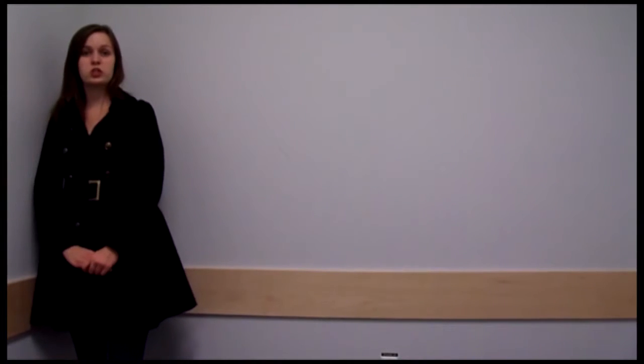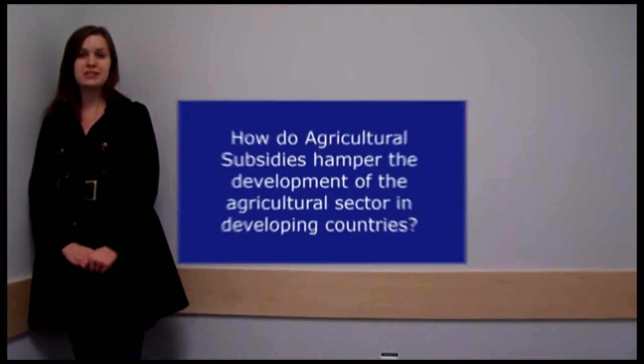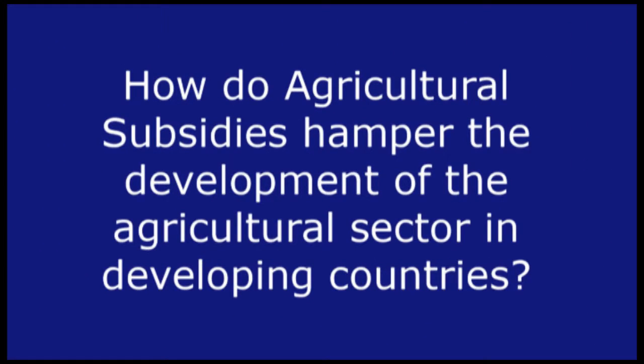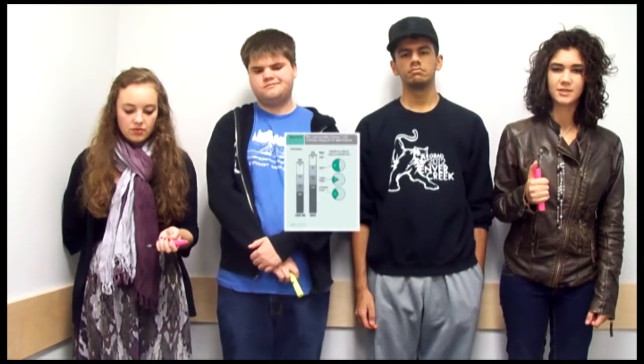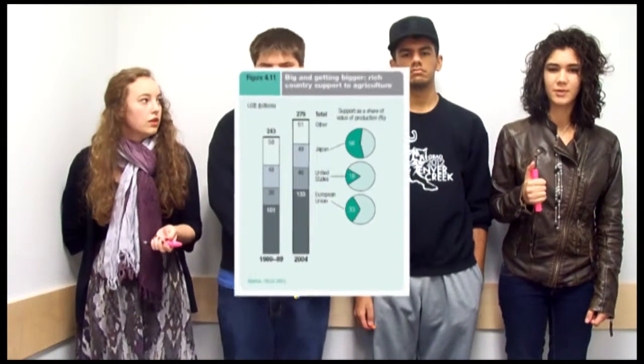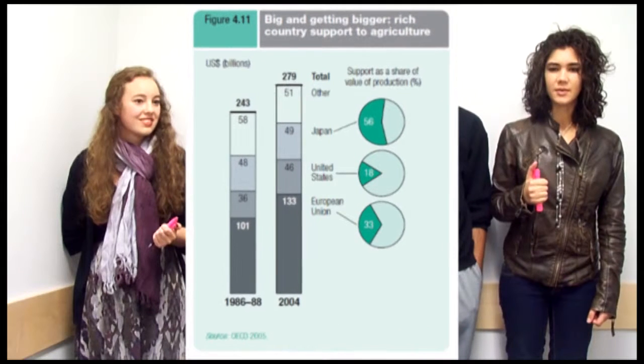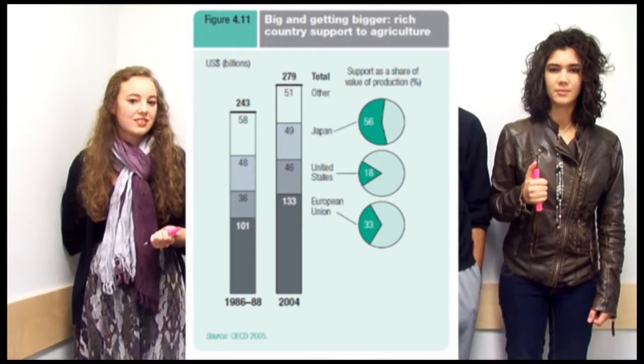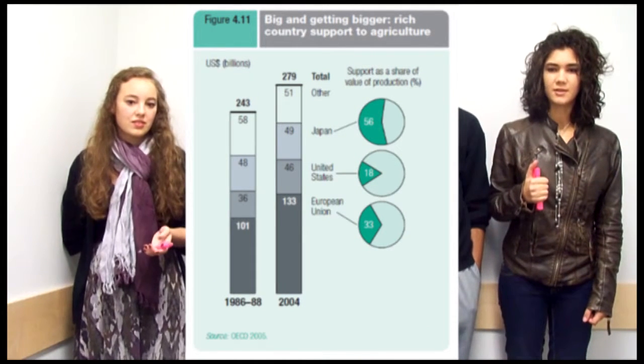The $600 question is, how do agricultural subsidies hamper the development of the agriculture sector in developing countries? Agriculture subsidies are types of aid given by developed countries to help poorer countries invest in agriculture. Unfortunately, this allows richer countries to dominate the market and control world market prices. Because of this, developing countries may lose money that could be made in agriculture if they could set their own